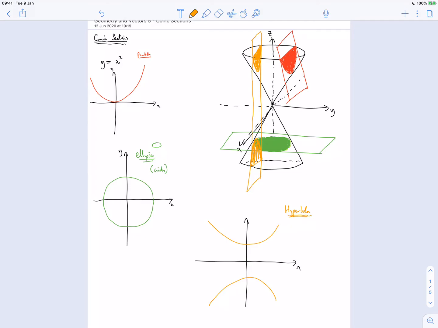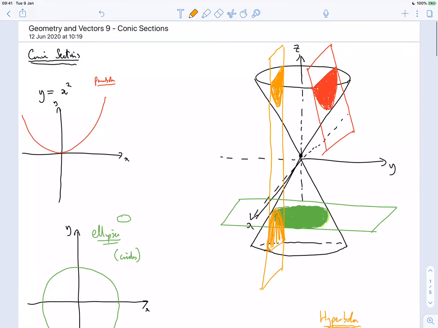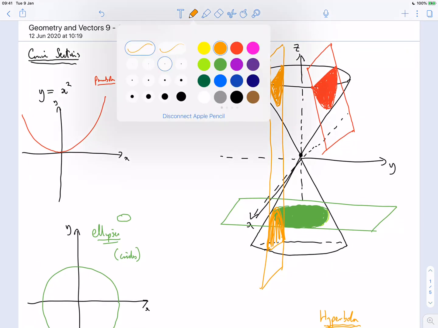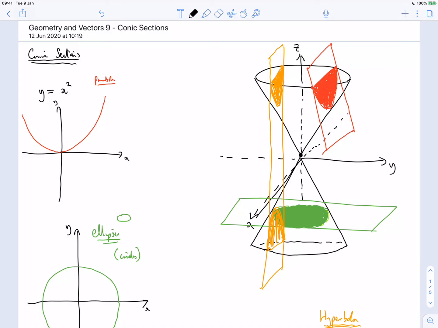So there's quite a lot to get through here. If you're wondering where these equations come from, then I'll give you a hint, and you can work through this yourself. The equation of this infinite cone top to tail is z squared equals x squared plus y squared. So that's the equation of the cone, of this upside down cone, or rather the top and bottom cone. And you should know the equation of a plane,